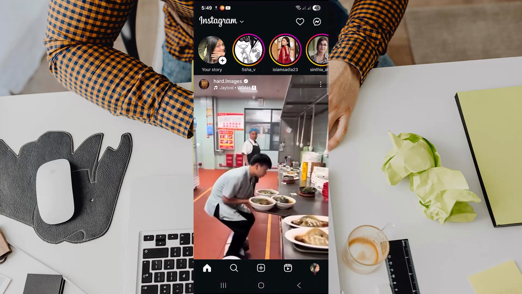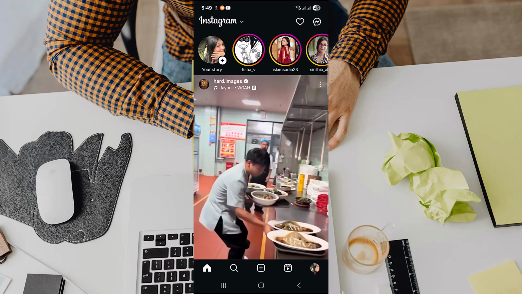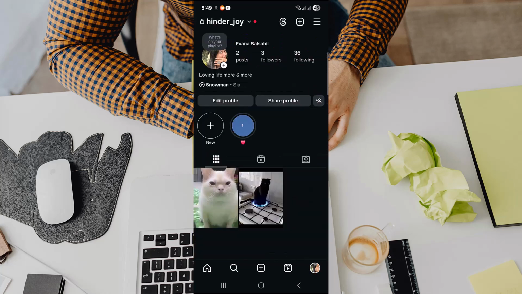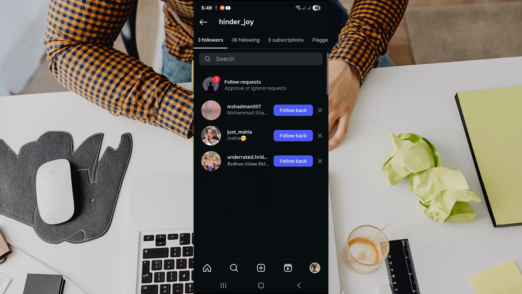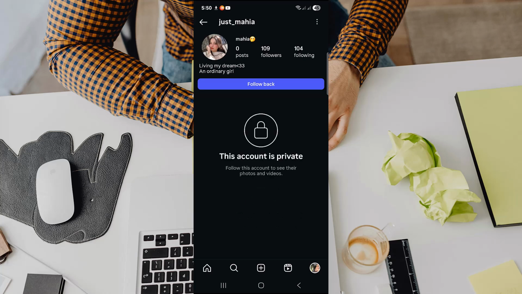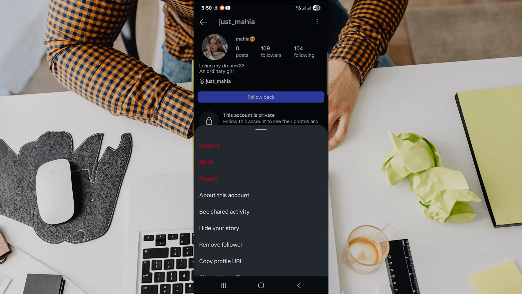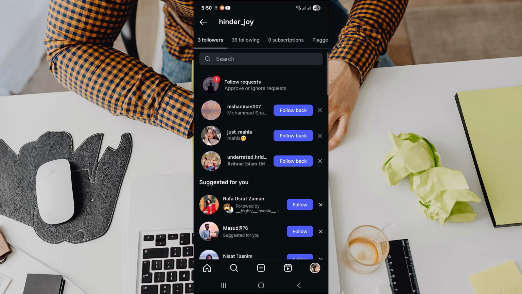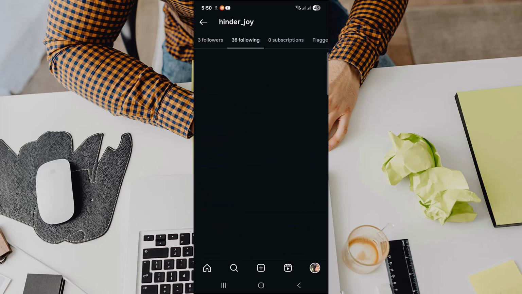Once in there, make sure you have logged in into your desired account and then head over to the profile or then go to followers. And in here, just head over to any followers. And in the following, just see here you can find the option of messages or restrict option. So as you want to mute them, all you can do is just I'm heading over